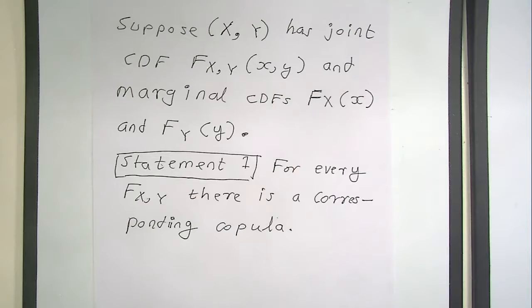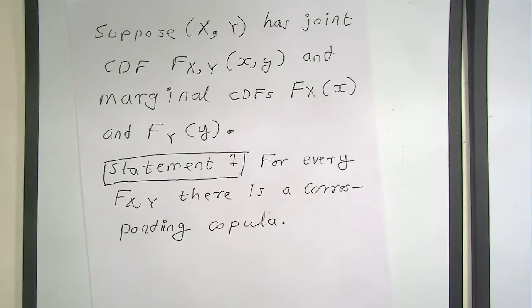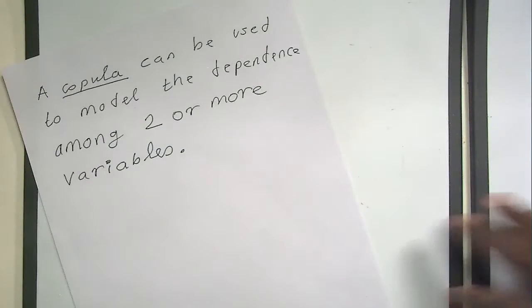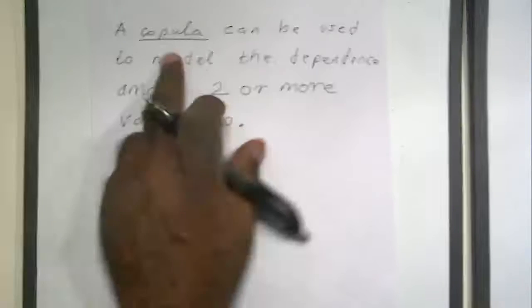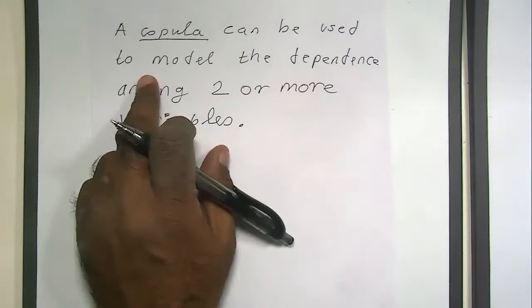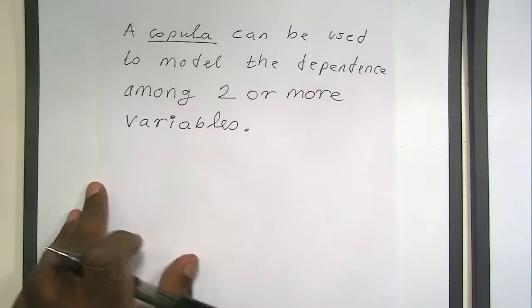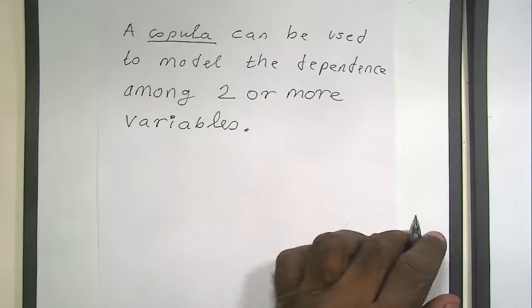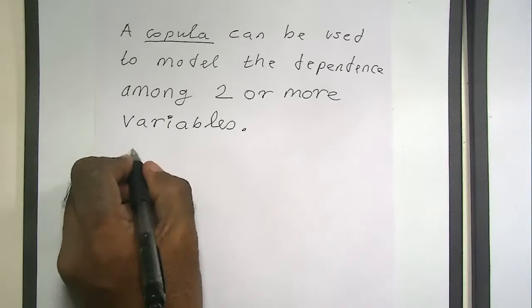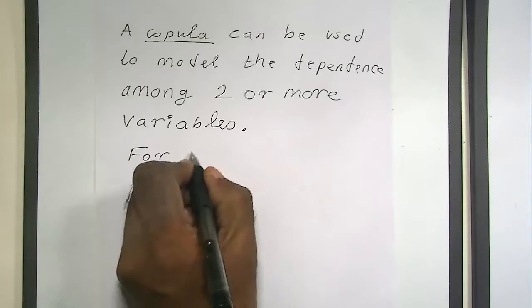Statement 1 says that for every joint CDF there is a corresponding copula. Now, before I prove this statement, let me go back to the previous slide, where I said a copula can be used to model the dependence between two or more variables, right? I should have said something. For two variables,